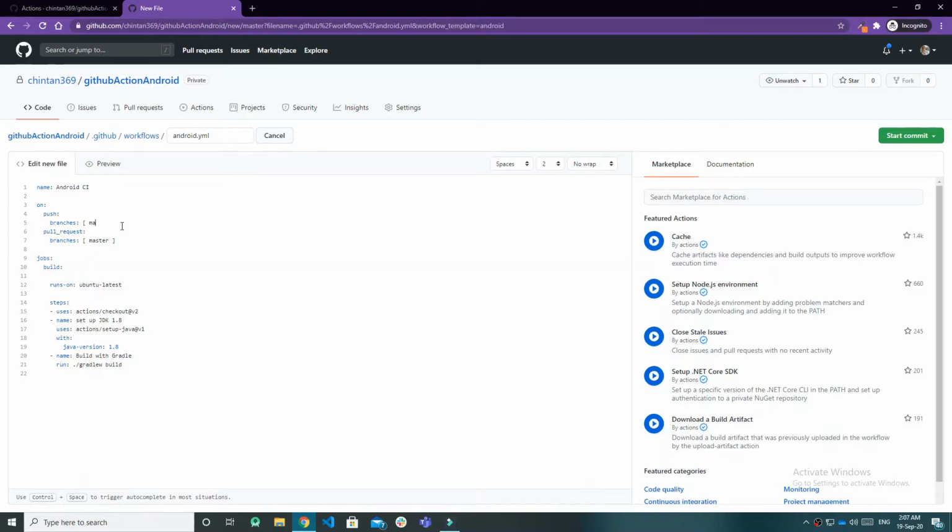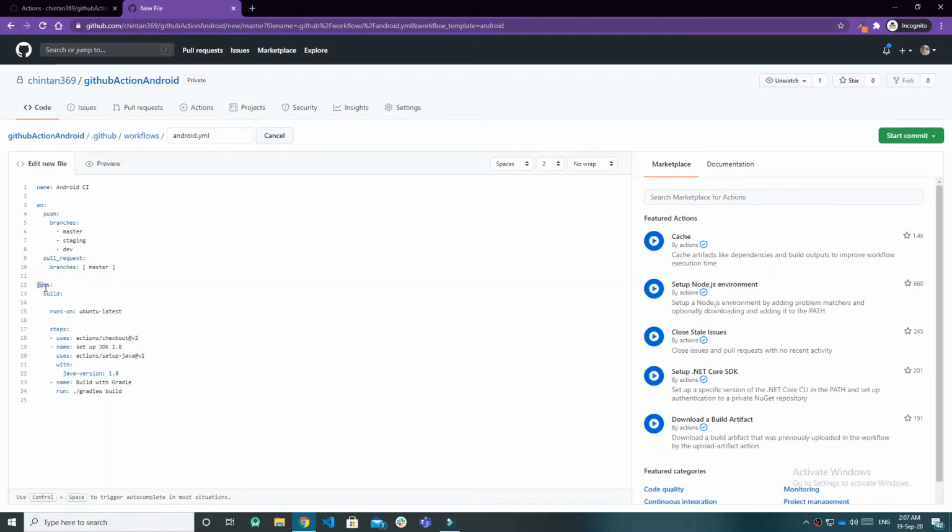So here I am defining master, staging and dev. On these three branches of push, I will run this code, and in pull request I am leaving this as it is. So this is the push trigger, on which branches of push it should run, and this is on which branches of pull request it should run.